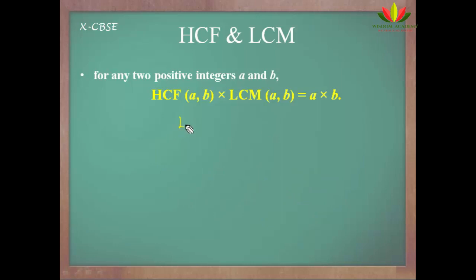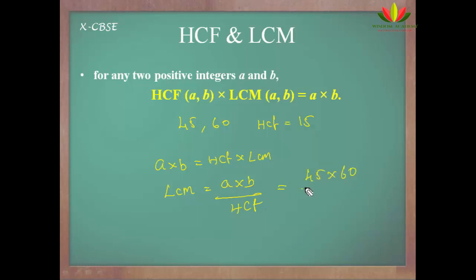Okay, if I take 45 and 60, the HCF of these numbers we already found in the video, it will be 15, right? Now I want to find the LCM of these two numbers. I need not do the prime factorization once again. I have a formula: A into B is equal to HCF into LCM. I know the HCF, so I need only the LCM. So LCM can be expressed as A into B by HCF. What is A here? 45. What is B here? 60. And what will be my HCF? 15. So I can cut this. My LCM value will be 180. So 180 is the LCM of 45 and 60. So this is where the easiest